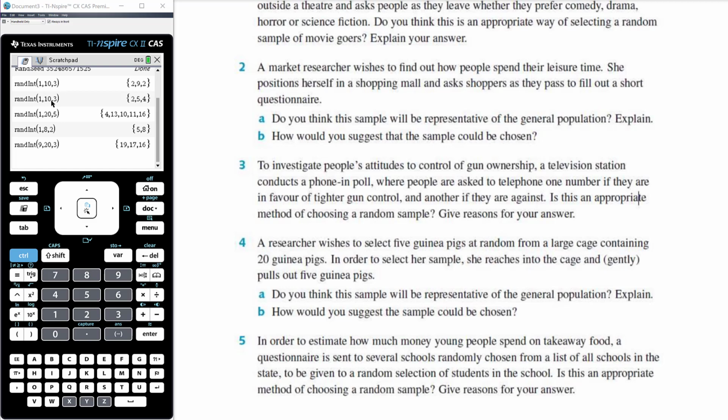Okay, so I would say that this is even less relevant now than it is at the time of writing this question, because I think the proportion of people that genuinely watch live television and therefore would be able to phone in on a poll is actually pretty small these days, with streaming and with the ability to record and watch on delay. And in fact, you're inherently probably generating quite a narrow sample of people, and that's perhaps older people who don't do streaming or don't watch their television on delay as much, and they do tend to still watch live television, and so therefore you're probably narrowing the proportion of the population that you're